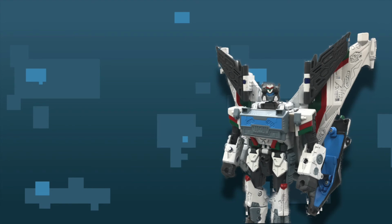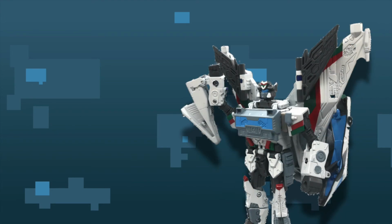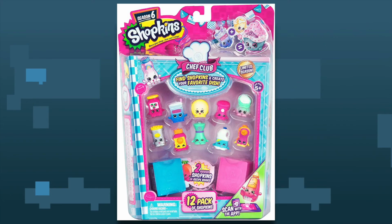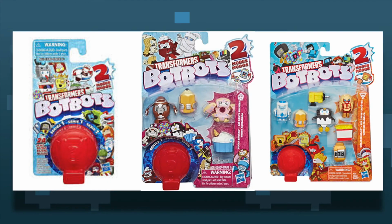And that was the Minicons. Now, on to the BotBots! Like the Micromasters, the BotBots seem to be Hasbro's response to a trend. In this case, Shopkins. The main methods the BotBots have been released are in single packs, 5 packs, and 8